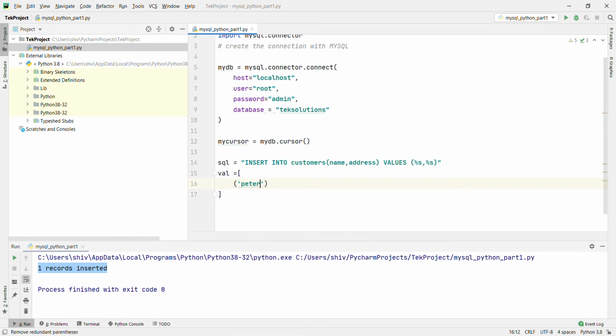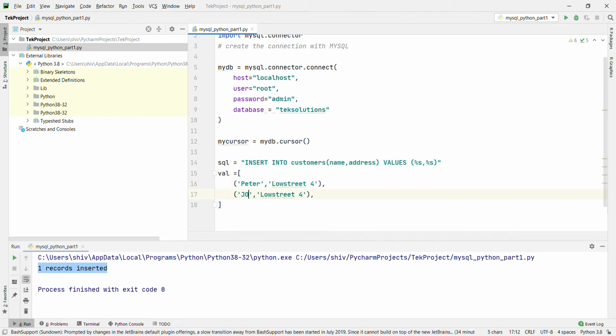Peter, Lowstreet 4. I'm going to copy, paste. John Cena, New York 134.